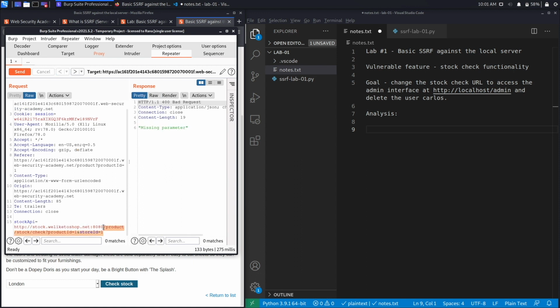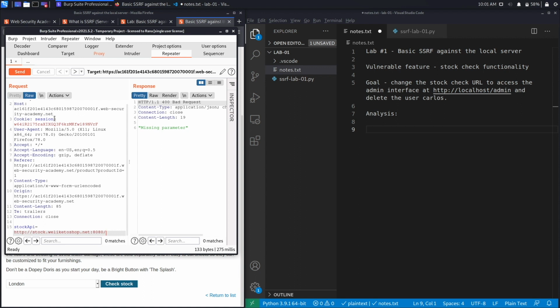The first thing that I will do is see if I could access the application itself. So I'm going to hit send. And it says missing parameter. Let's do Control U to URL encode it, hit send, and it still says missing parameter. So it's likely that you can't call this URL without providing the parameter value to the stock that you want